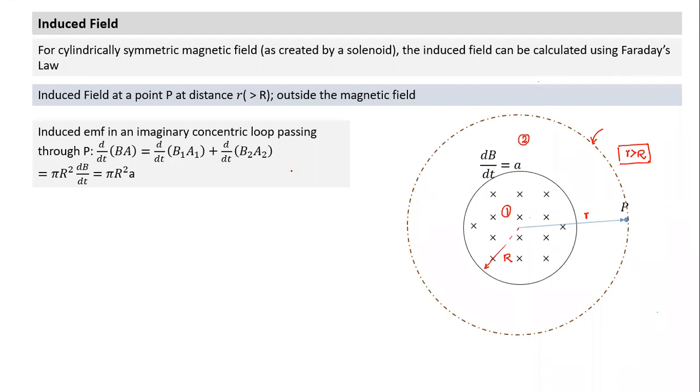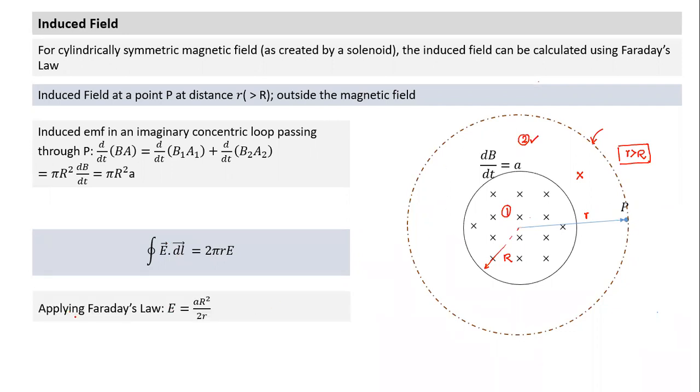In this area 2, B itself is 0, and dB/dt is equal to 0. For the smaller area, it is pi r squared, and dB/dt is equal to A, so pi r squared A, but the other term will not come into the picture. In this area there is no flux and no change of flux either. So this is the EMF induced. EMF induced will equate to E dot dl. E dot dl is what? E dot dl is equal to 2 pi r into E.